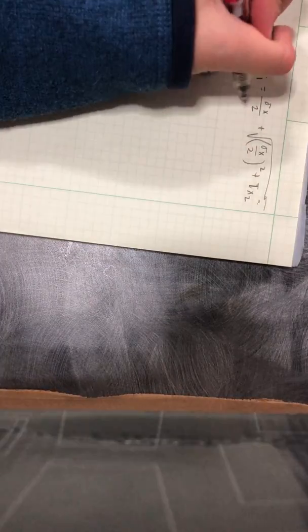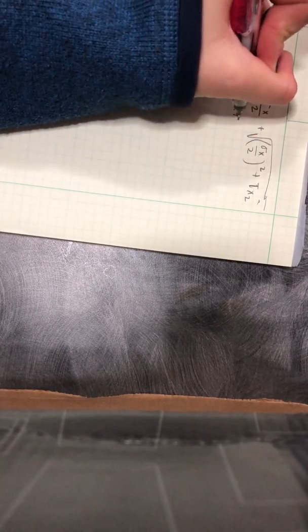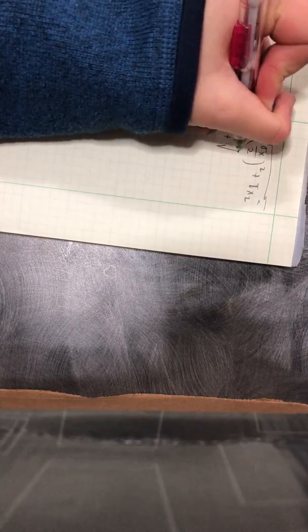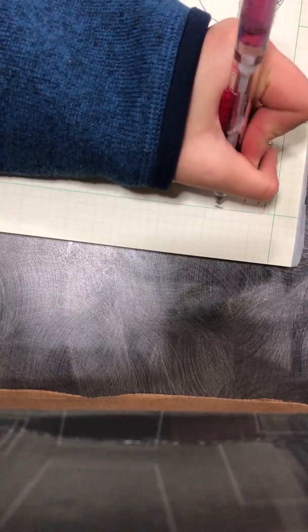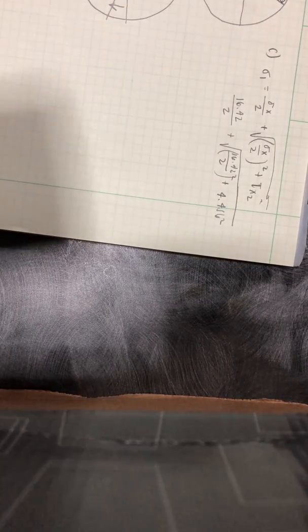Oh yeah, we're going to be using the torsional. That's what goes here. And that's going to be squared too. So that's going to turn into 16.42 over 2 plus 16.42 over 2 squared plus 4.456 squared. And when we plus or minus that, it's going to be